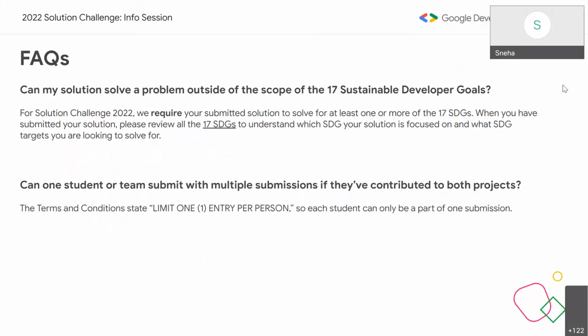So, can my solution solve a problem outside of the scope? I don't think so, because there is a weightage for that, as we have given you. Also, the recording for this session and everything will be shared with you. If you have followed the GDSC IIITA chapter, and explored it a little, you would know that after every event, all the details related to it are posted there. So please follow, and someone from the members, please share the chapter link with everyone. And on your mail only, you will get this PPT and everything.